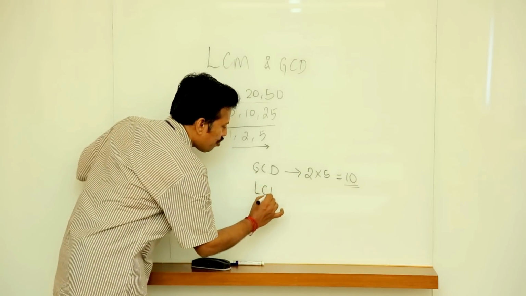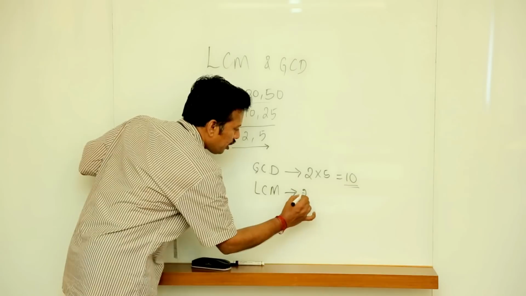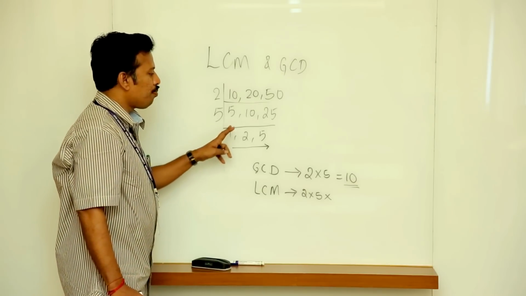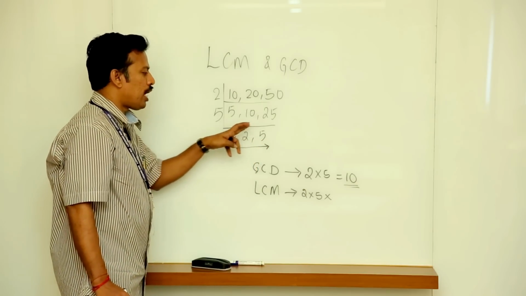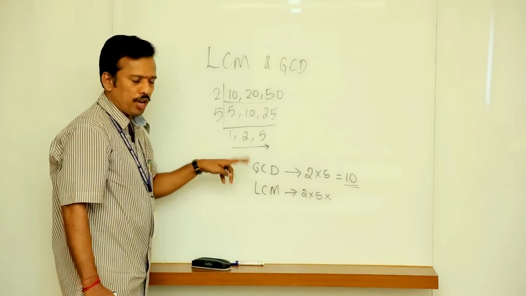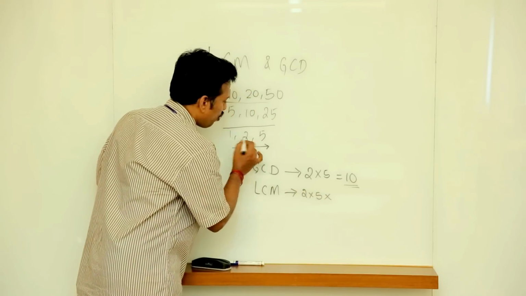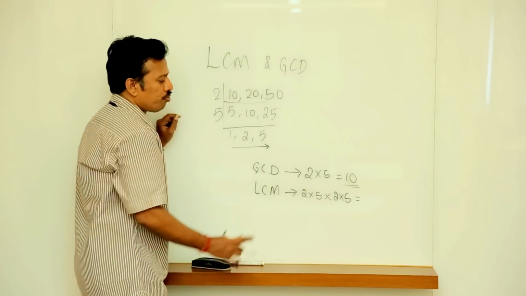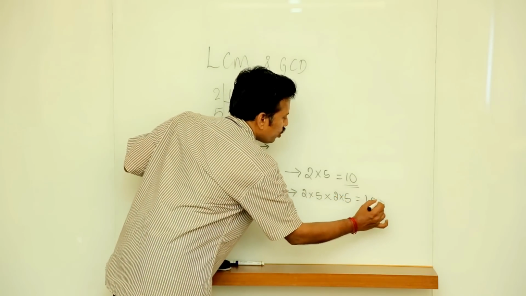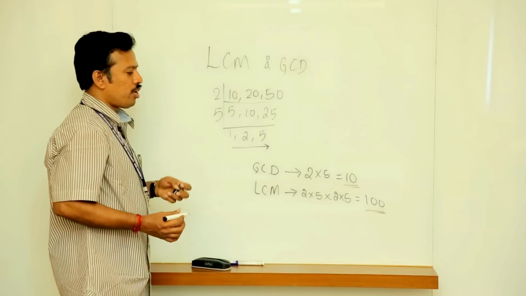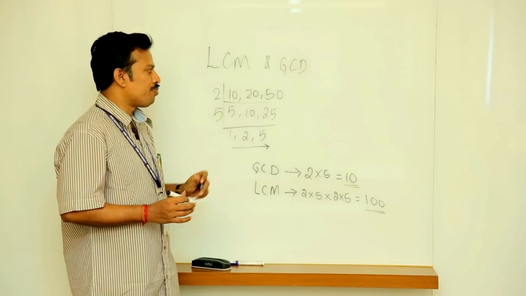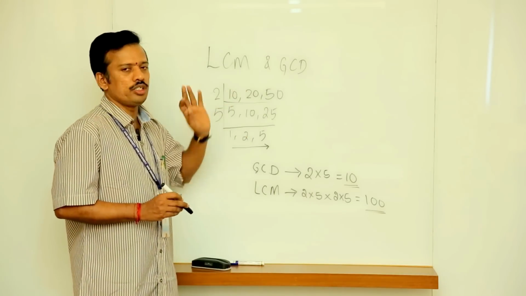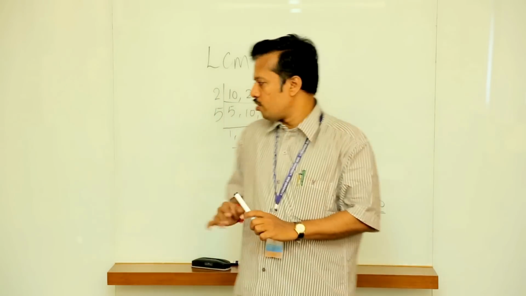When you find the LCM of this, first write the common factors 2 as well as 5. Then multiply with the factors which are left out at the final stage, or the non-common factors. So 2 and 5, then we have one 2 and another 2, another 5. So 2 into 5, 10, 10 into 10, 100. So LCM of these numbers is nothing but 100. This is one of the simplest methods which we can adopt. We call it the L division method to find LCM and GCD. So concept wise, this is the thing.